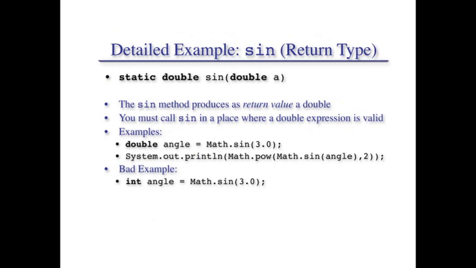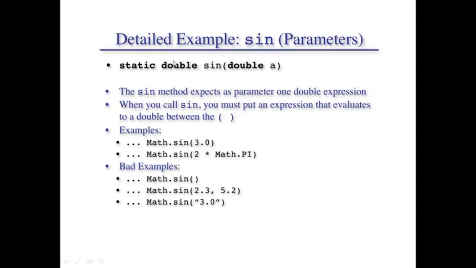So what about the return type? Whenever a function or a method returns something, it has to be dealt with in a proper way by defining a variable of the same data type as whatever it is returning. Then that variable will hold the return value. As you can see over here, double angle is equal to Math.sin of 3.0. So this will get the value of sine of 3.0. It is defined as a static function, so it is used directly by the name of the class.